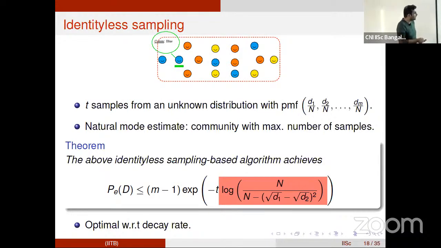The constants might be something else. Somehow I feel these are highly related. Maybe this is a bound because perhaps D2 and D3, if they are very close to each other, say D3 is close to D2, may have an impact on the exponent, which means that making this just a function of D1 and D2 may not be the tightest exponent. It might be a good bound.